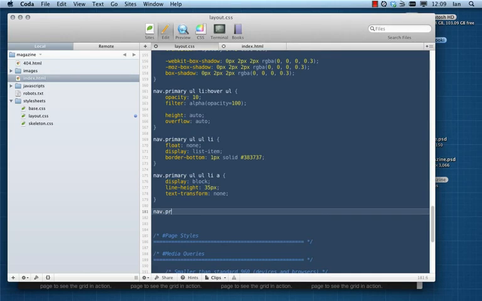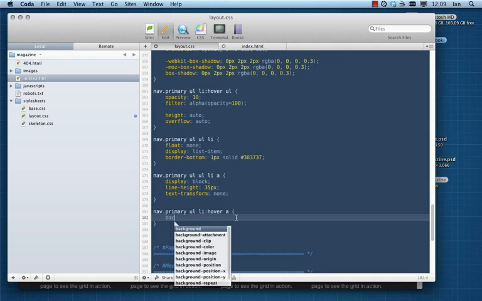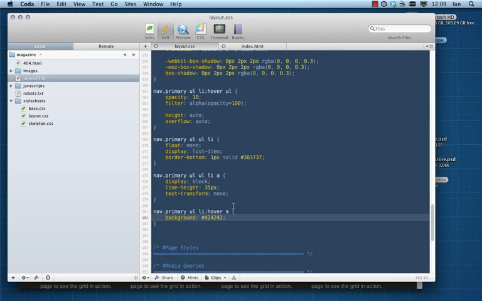I go nav primary, and I will target the anchor within the list item. So when the list item is being hovered over, the anchor within that list item gets a background value of that,